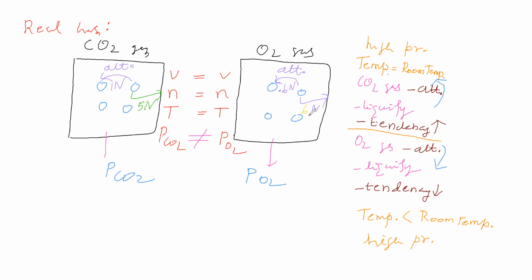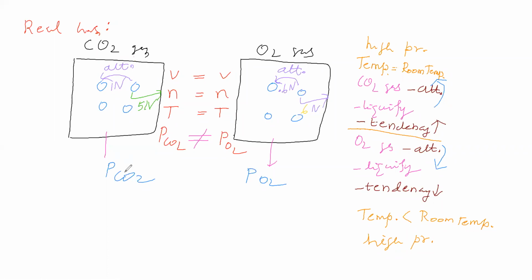Now carbon dioxide molecules are making collision over the wall of the vessel with an average force of this much. Oxygen molecules are making collision on the wall of the vessel with an average force greater than this. So oxygen molecules make collision with a higher force, carbon dioxide molecules with a lesser force. Carbon dioxide gas making collision on the wall, therefore it is exerting pressure. Oxygen gas making collision on the wall, therefore oxygen is exerting pressure.